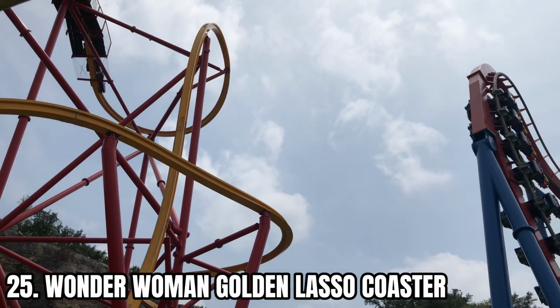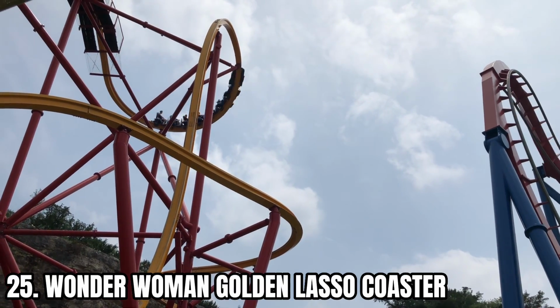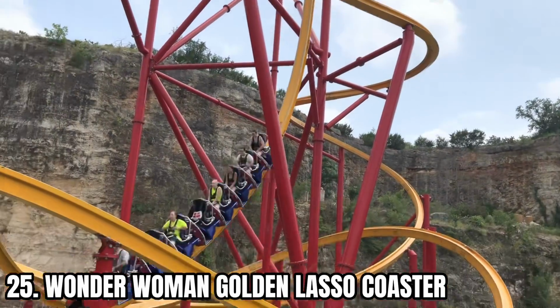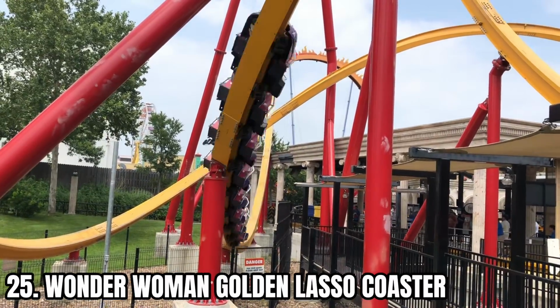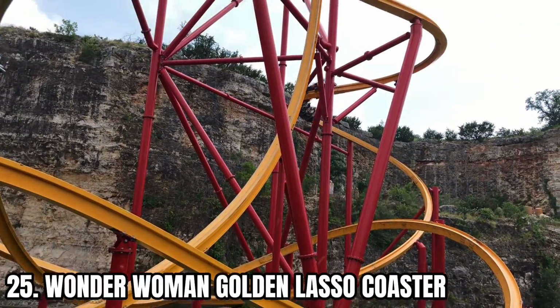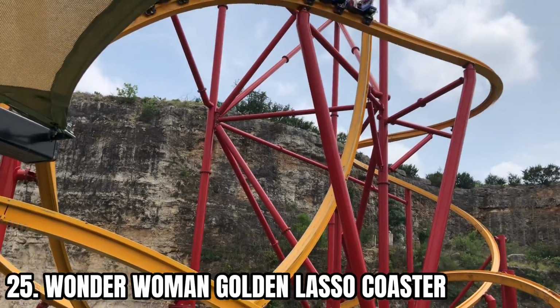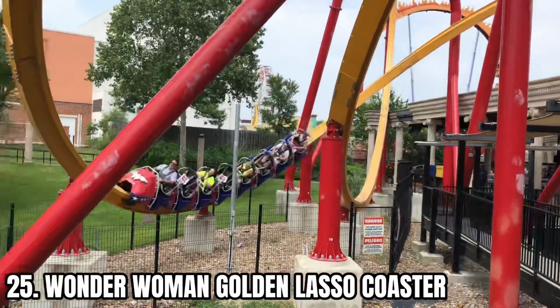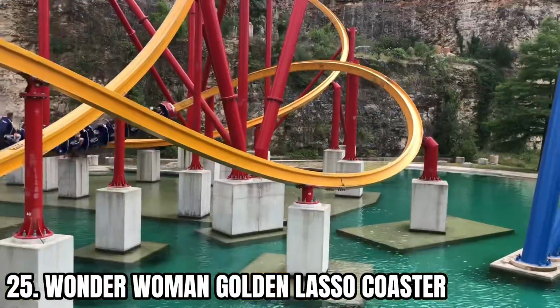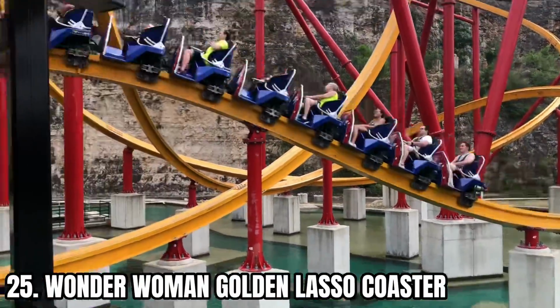Coming in at number 25, we have Wonder Woman Golden Lasso coaster at Six Flags Fiesta Texas. This coaster opened back in 2018 as the first RMC Raptor, and honestly, these colors kind of suck. I understand they were going for a Wonder Woman theme, but the blue and red trains, yellow and red supports, and everything else just don't really mix well together. This is just my opinion, and everyone is subject to their own opinions, but let's just move on to the